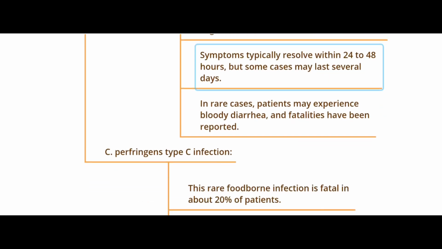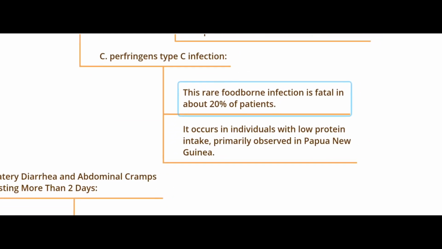In rare cases, the patients may experience bloody diarrhea and fatalities have been reported. So when the patient has bloody diarrhea, we will start our diagnostic panel and then we will have retrograde diagnosis. If we talk about C. perfringens type C, Clostridium perfringens,